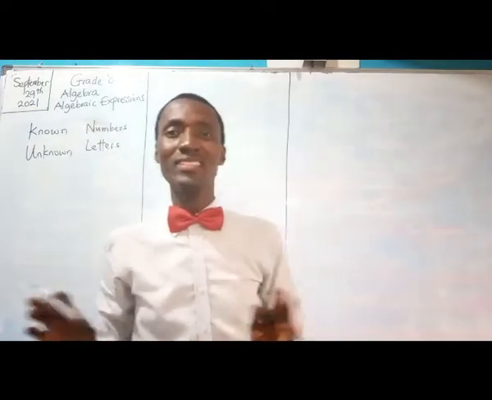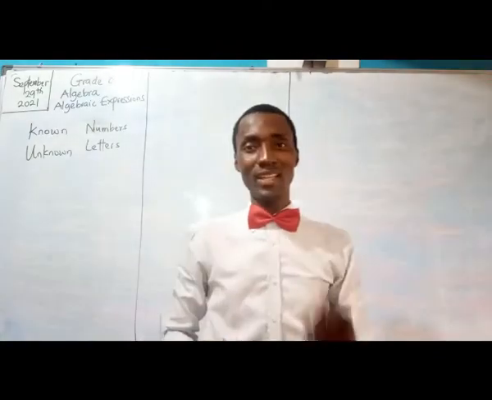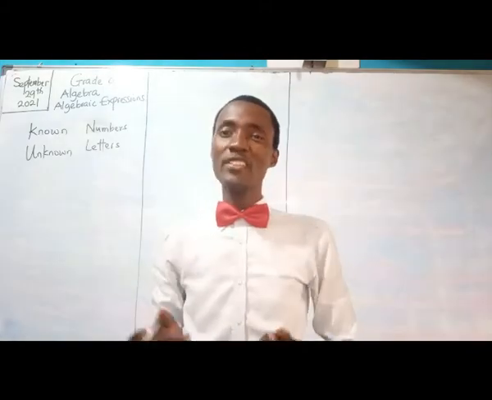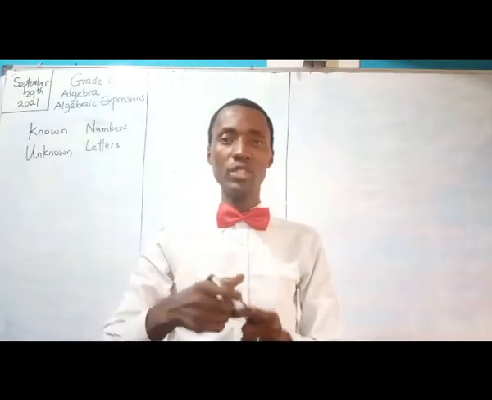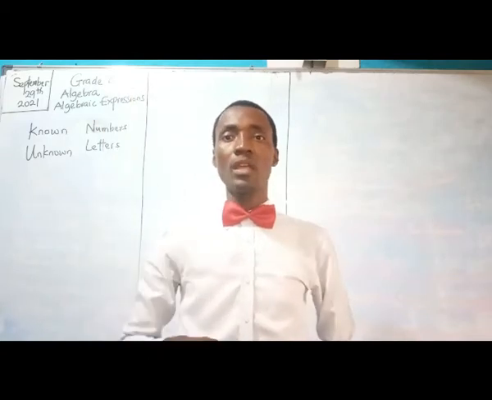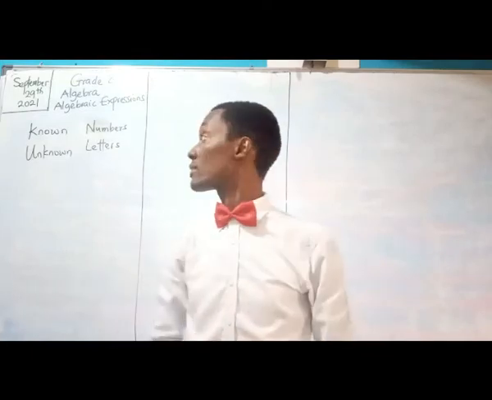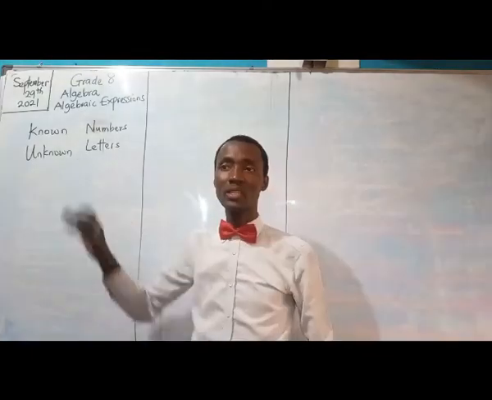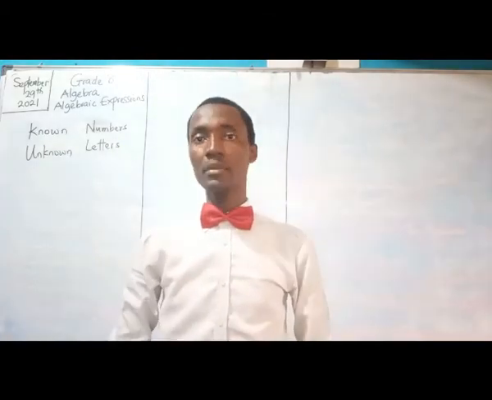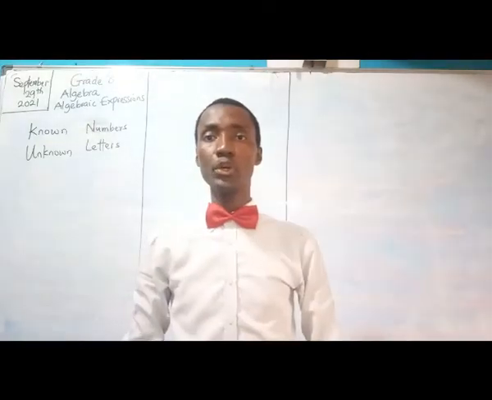So algebra essentially is concerned with two important things: the known, numbers, because I can tell the worth of a number. If I say 2, I know I would have to do this. If I say 3, and then unknown, which has to do with what? Letters. Now the unknown are called what? Letters, things I do not know. Okay, so having settled that, the known and the unknown,